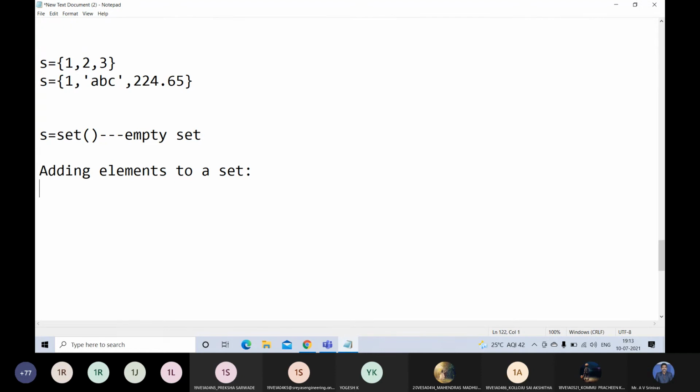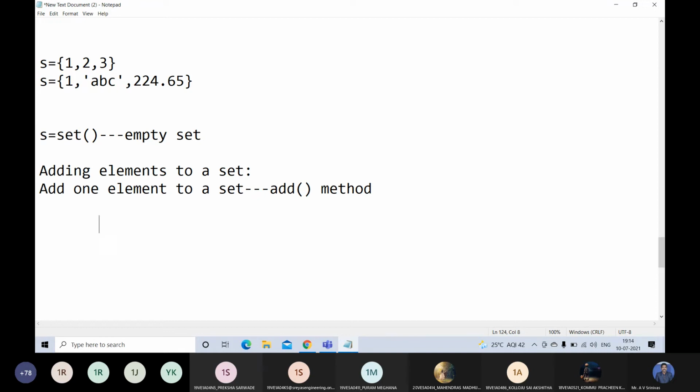If you want to add one element to a set, you can go with the add function, or we can say add method. If you want to add only one element to the set, you have to use the add method.